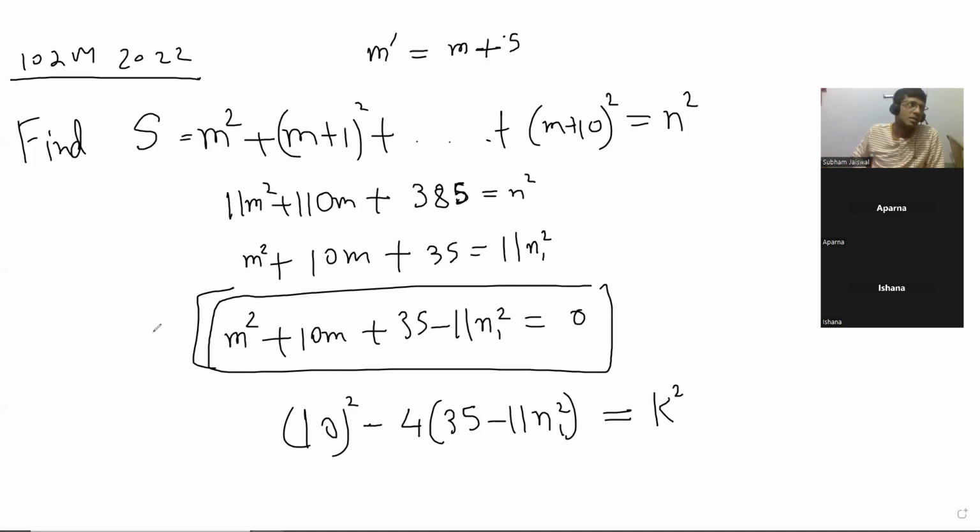Maybe can we say n square has to be a multiple of 11? So we have to put the values like 11, 22, 33. Yes, you can do that, but then it becomes a lot of calculations, or maybe it does not. I don't know, right? If you put 11, 22, those are big numbers, and then you have to solve. But we're not trying to do that